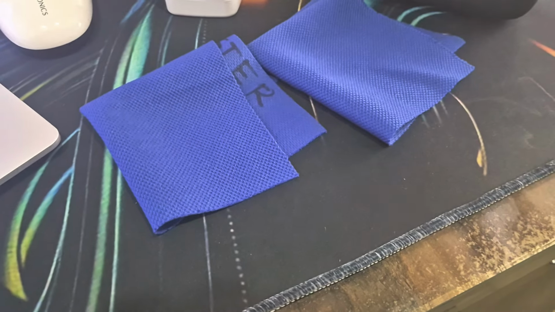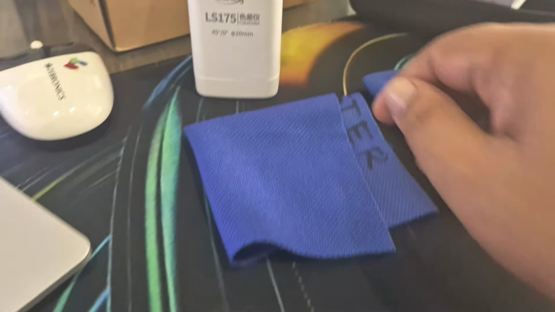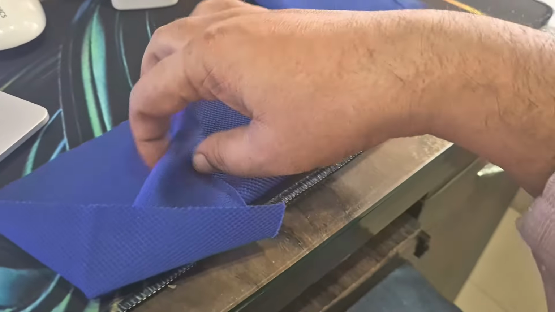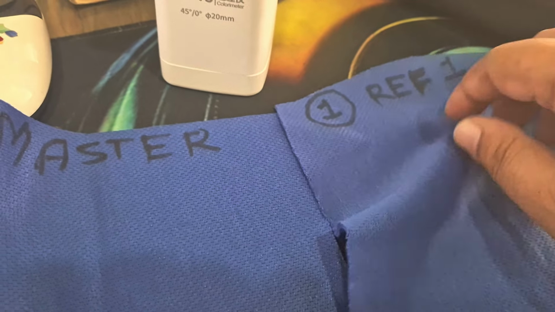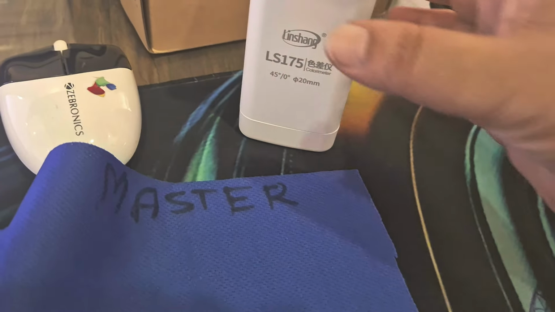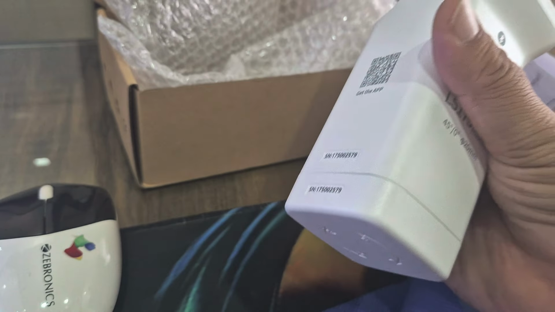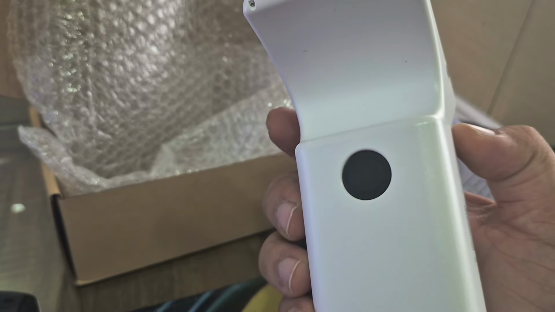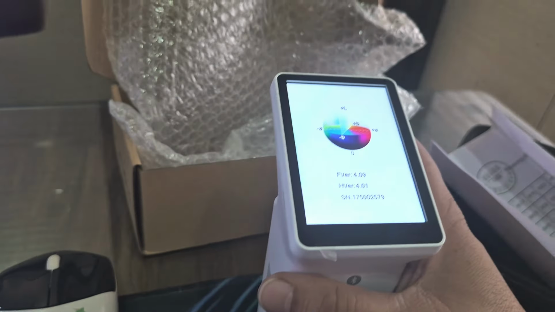So we are just making a video before sending it, and it explains how to operate it with the textile. We have one master and one reference, so we'll check with this. Before this, we'll just start it. This instrument has a black button on the back side. You just press it and it will turn on,